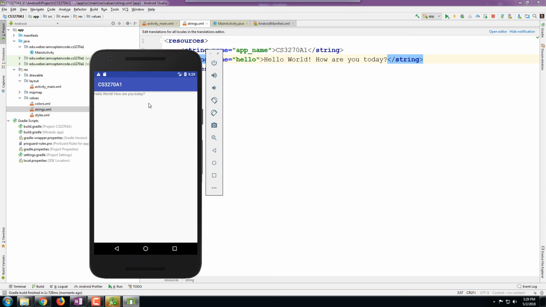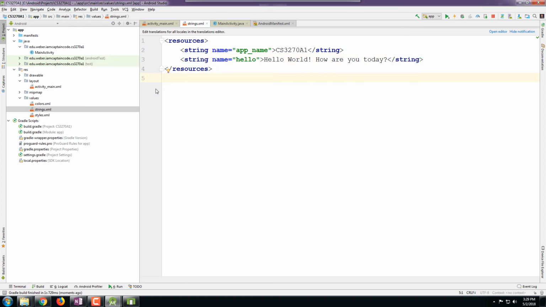Now, when you turn in your applications, one of the things I require is you take a screenshot of your application showing me that you've got it up and running. This is pretty easy to do. When your device is running right here, we can hit the little icon, which will take a screenshot of your device. Personally, I prefer, however, to